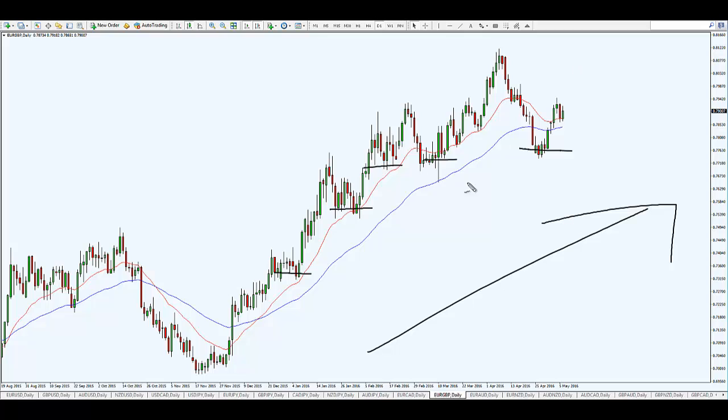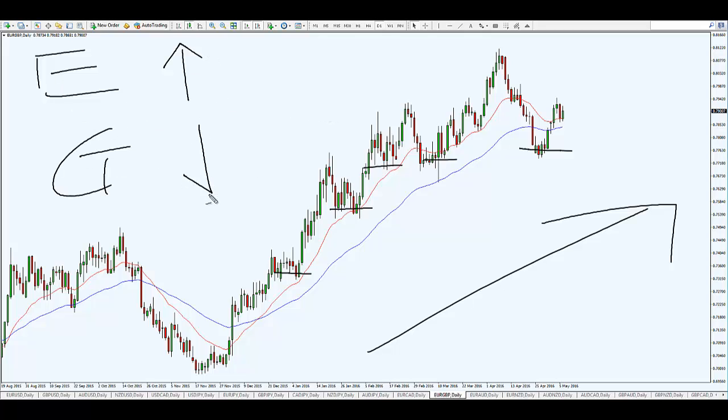looking at this daily time frame, what you are thinking is that you are expecting the euro to appreciate against the British pound. Meaning the euro goes up, British pound goes down. Am I right? So based on this time frame, if you feel that the euro will continue appreciating against the